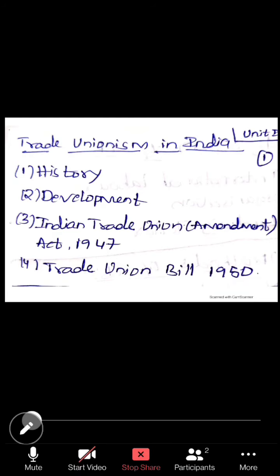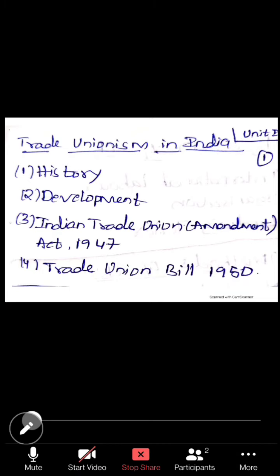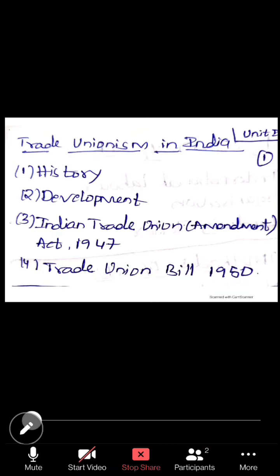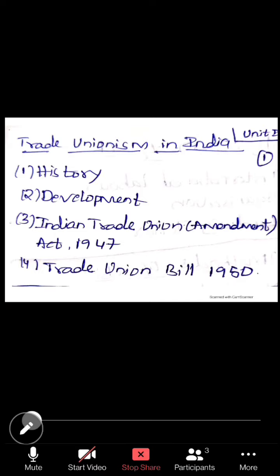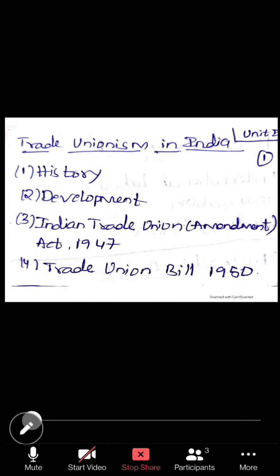So during British rule, there was a lot of agitation and frustration against the British dictatorship. So there were a lot of strikes going on, and most of the strikes of these laborers were successful even during the British rule. And not just in India, on the global side too, awareness about trade unions was growing. So all of these strikes led to the development of trade unionism in India.